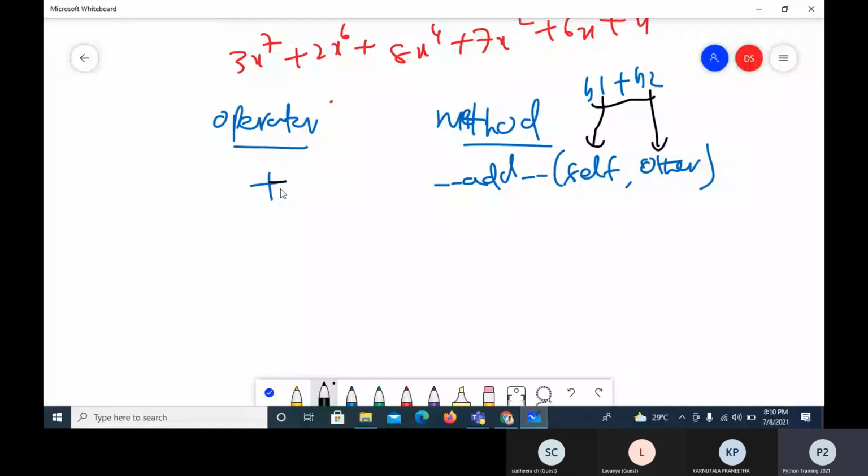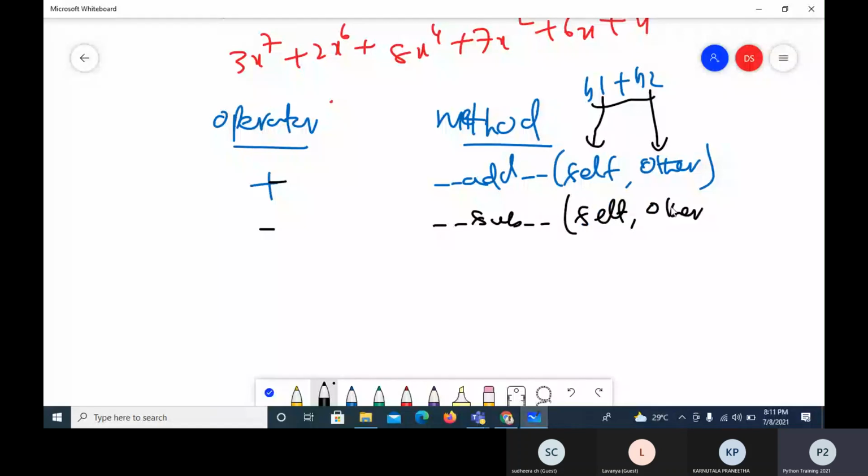So if I want to perform plus on objects, I have to define this method, underscore underscore add underscore underscore. Similarly, if I want to perform minus, I have to say underscore underscore sub underscore underscore, and again two objects must be passed. One is the first object, the other one is the second object.